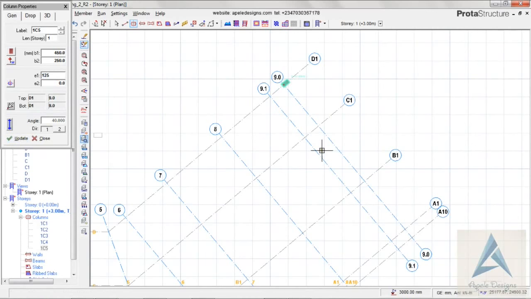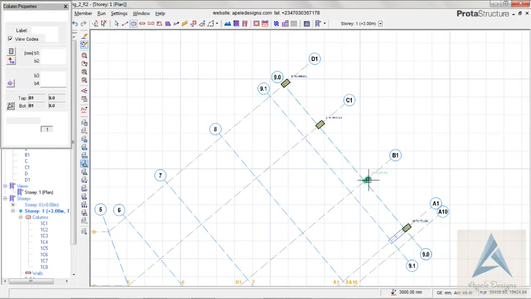I'll place these columns here, place it here, and place it here. If you notice, the angle has changed to 40. Let's slant the columns like we did earlier. Update, escape,